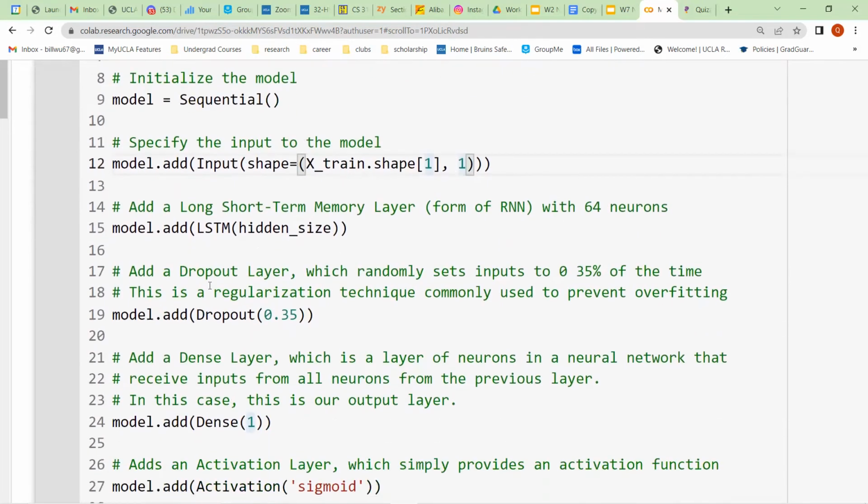The next thing we're going to do is create a long short-term memory layer, which will have 64 neurons, right? A long short-term memory layer is a type of recurrent neural network.